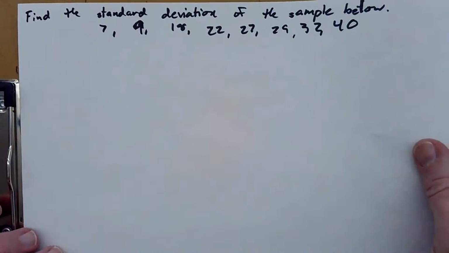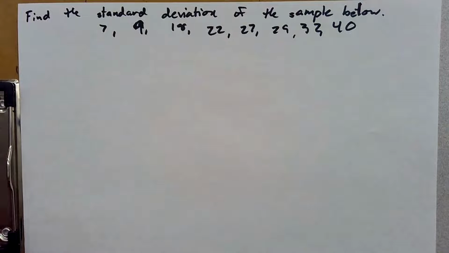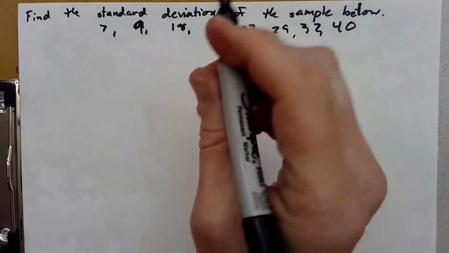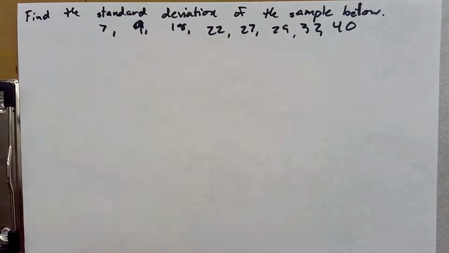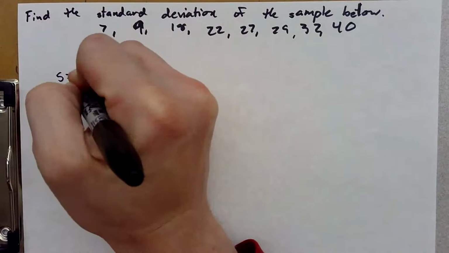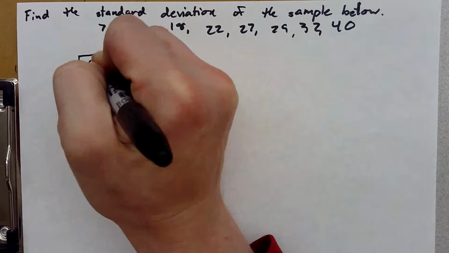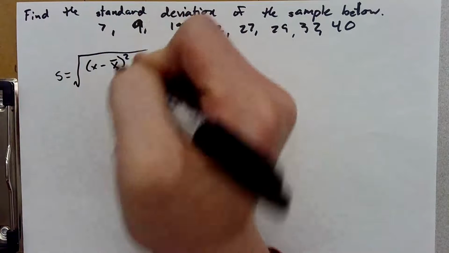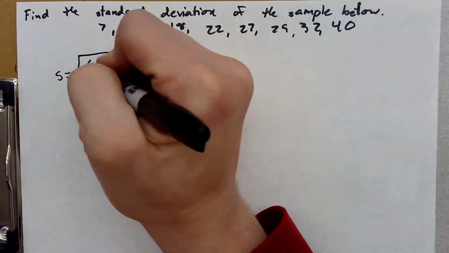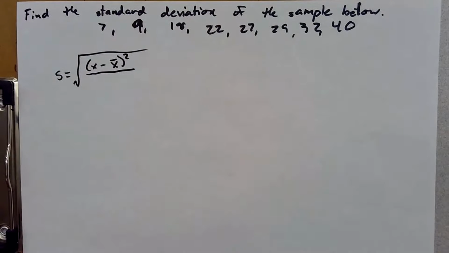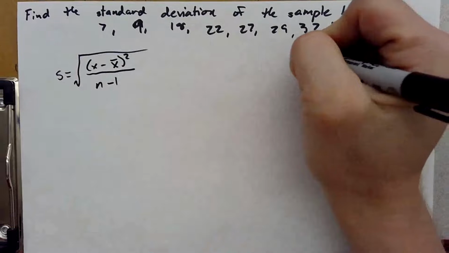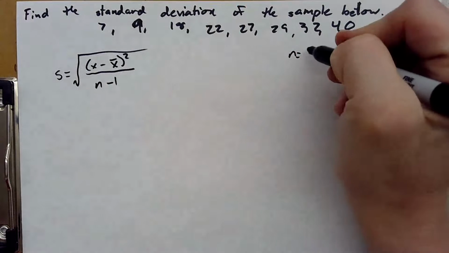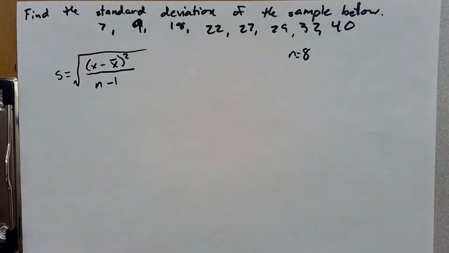Next, we're asked to find the standard deviation for this sample. We've got a sample that has 7, 9, 18, 22, 27, 29, 32, and 40. The formula for the standard deviation is S equals the square root of the sum of (x minus x bar) squared, x minus x bar being the deviation from the mean, divided by n minus 1, where n is the number of elements in this set. So here, n is 1, 2, 3, 4, 5, 6, 7, 8,